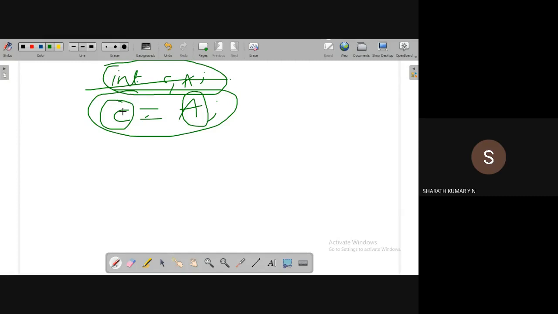If we don't tell the compiler that C and A are variables of type integer, the compiler says, I don't know who these two guys are, I don't know what is C, what is A. It will not recognize C and A.